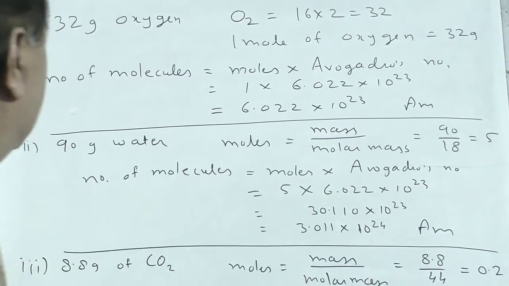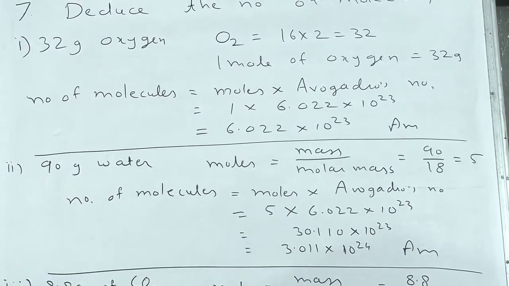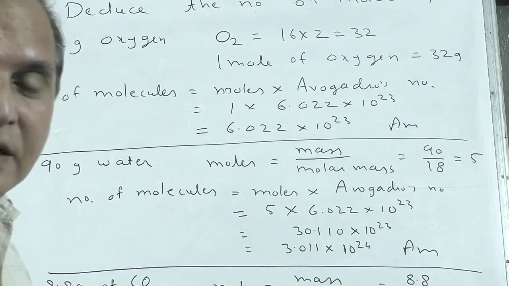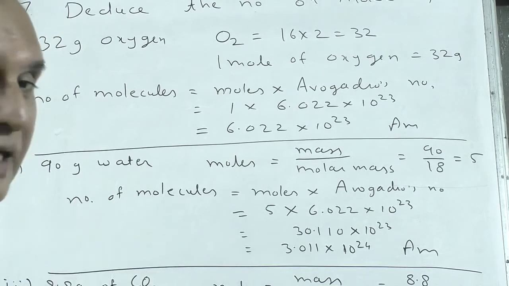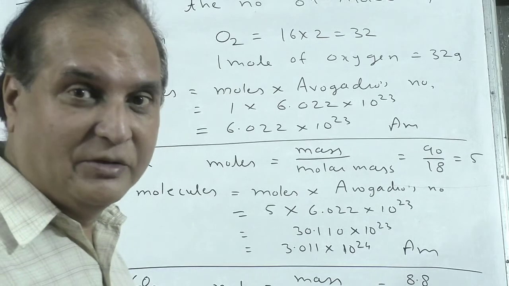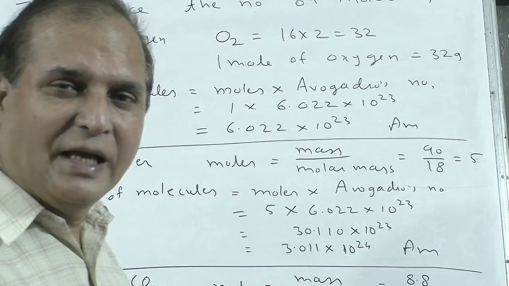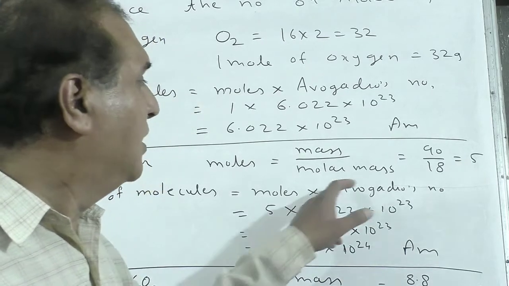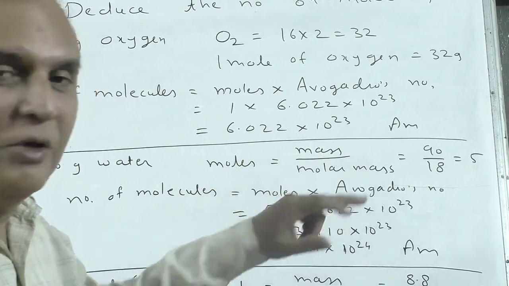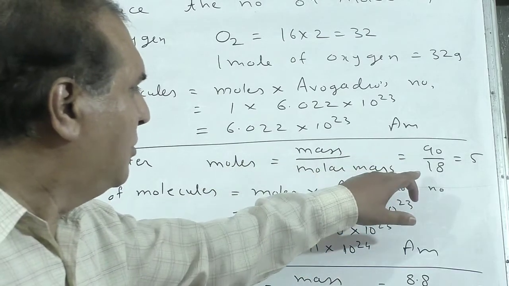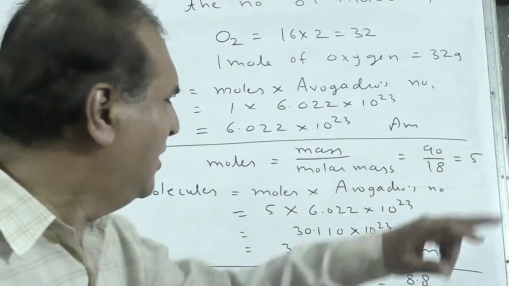Okay. So 90 gram water. You have to find out the molecular mass. That is 18. Actually, I have done it in my last video. But you should show the calculation of how you calculated molecular mass as 18. Number of moles is given mass upon molecular mass. So 90 upon 18 comes to 5. 18 gram is 1 mole, so 90 gram is 5 mole.